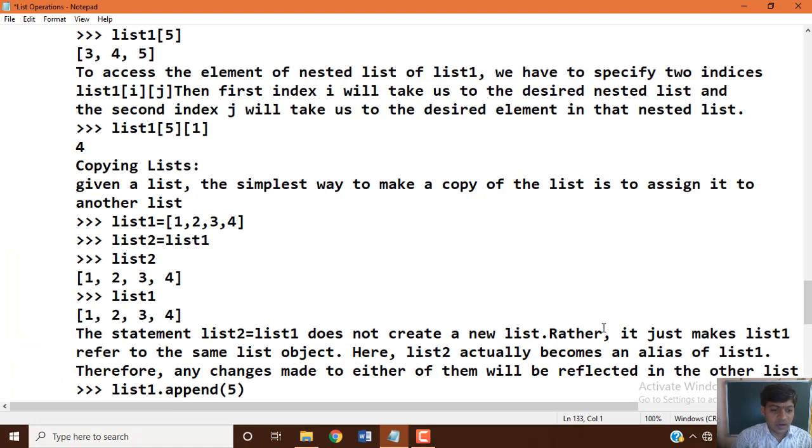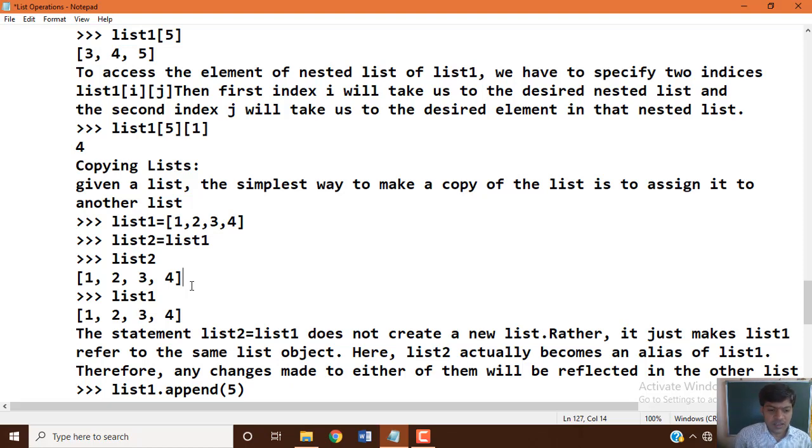So whatever statement we used here, list 2 equal to list 1, if you make any change to one of the list variables among those two, it will be reflected in the other variable.